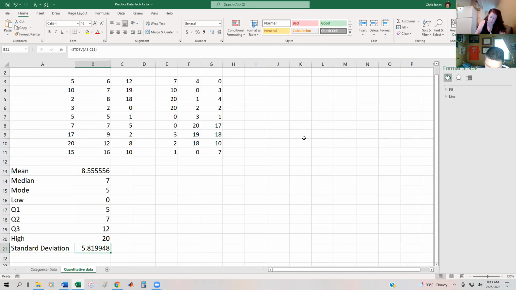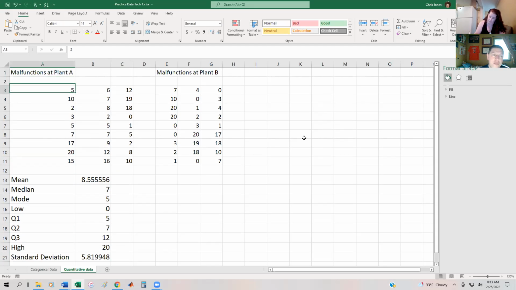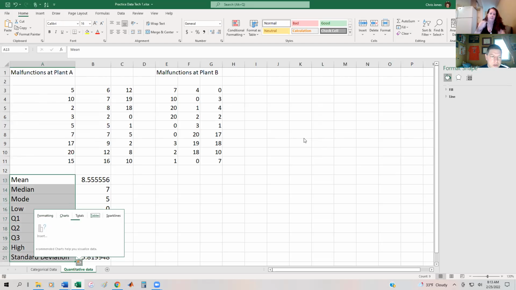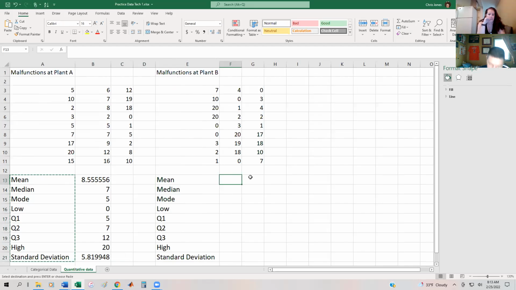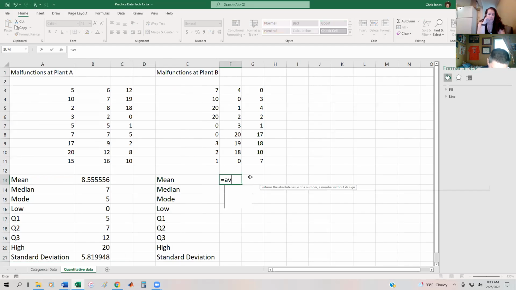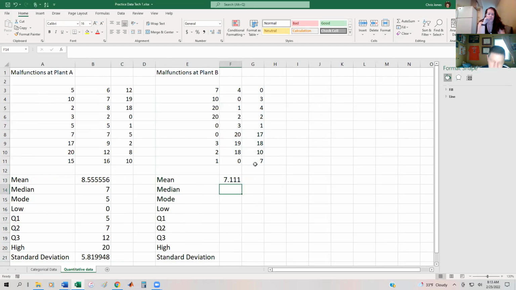So over here, the data that I'm using is the number of malfunctions in a machine at plant A. What you guys are going to do on your assignment is take all this stuff, copy and paste it, and do the exact same thing over here. So you're going to type, I'll just do it really quickly, equal average, parenthesis, highlight the data, equal median,